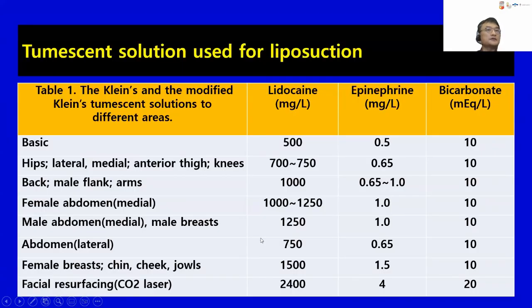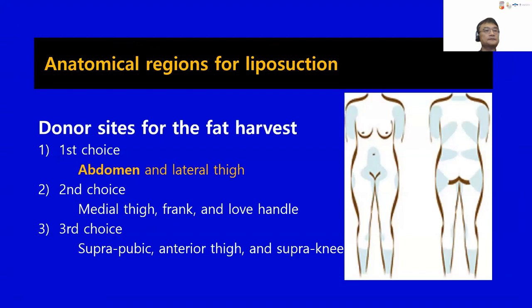On the basis of the Klein solution, there are different modified Klein solutions, as you see from the table, and then you can make a choice. You can choose the different solution according to the different donor site. The most favorite sites for fat harvesting are the abdomen and lateral side, usually recommended. However, the site can be decided by the condition and requirement of the patient, the purpose of the graft,